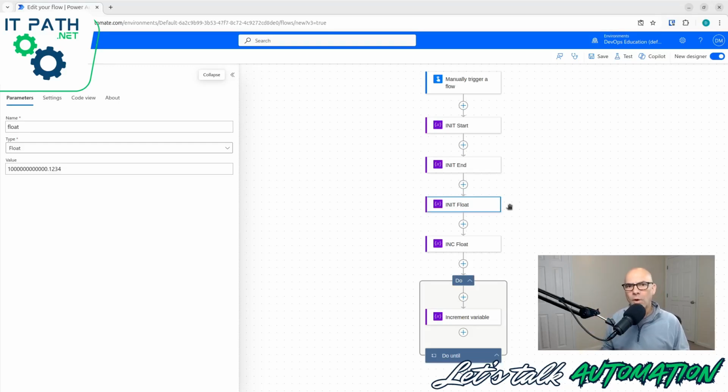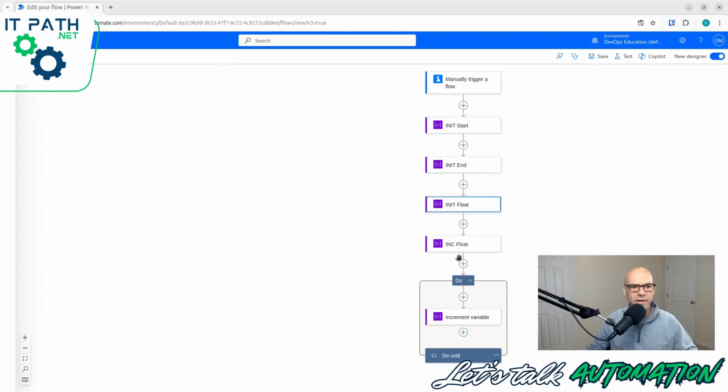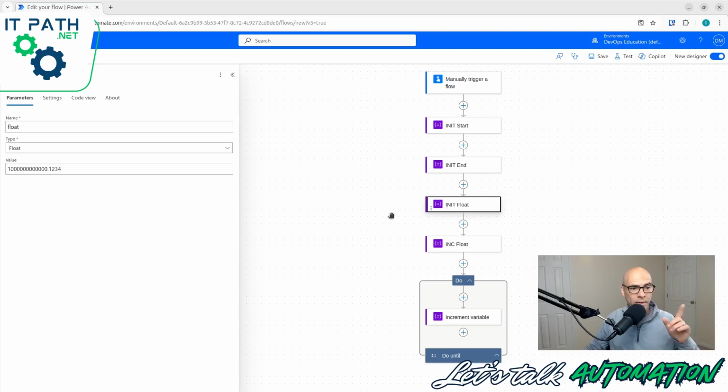Let me demonstrate real quick what you're going to learn about integers and floats in Power Automate. I have an integer and a float initialized in this flow here and here. I have integers here, I have floats here, and I'm going to talk about some limitations with float values. And then down here I do a do until, and I use an increment to make this flow do this